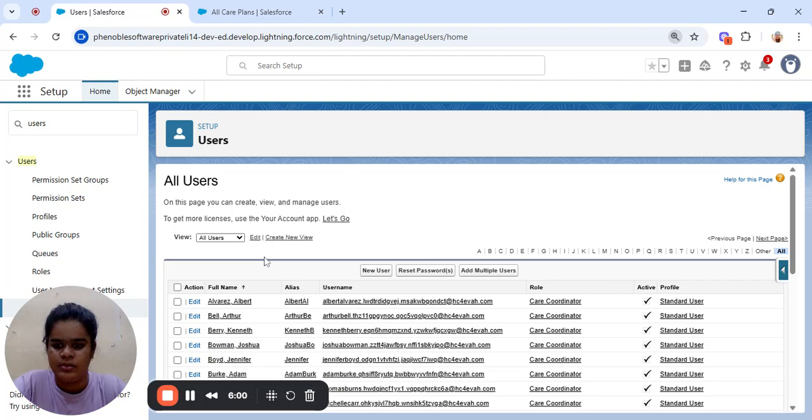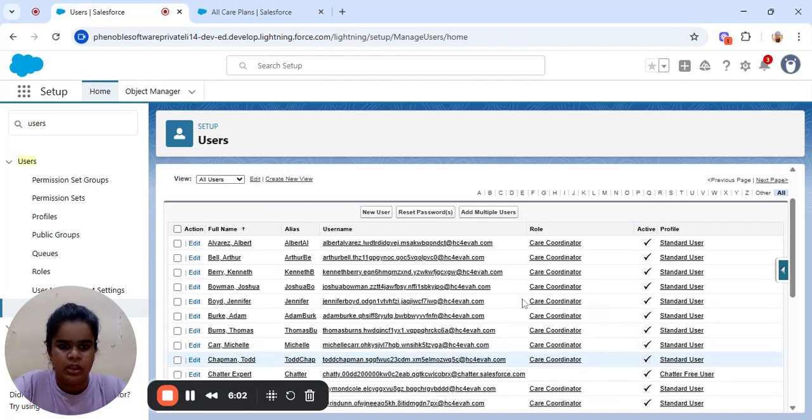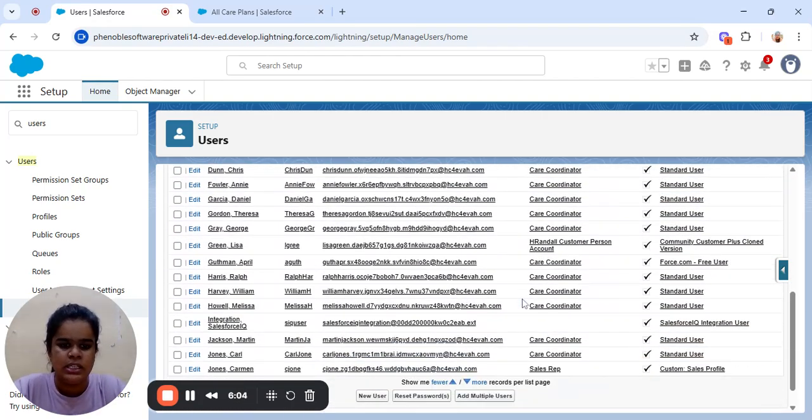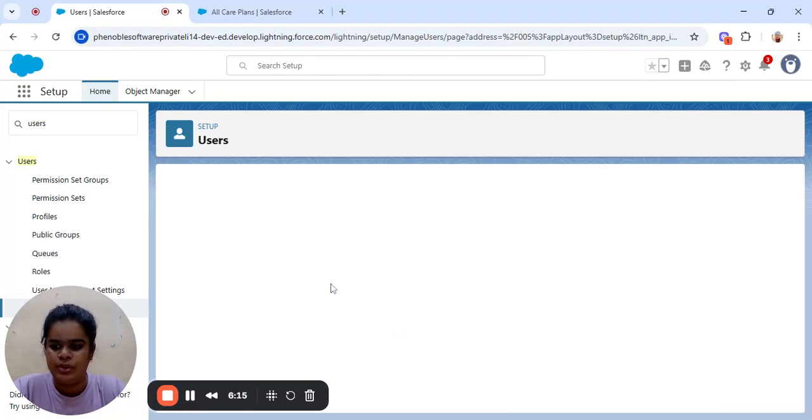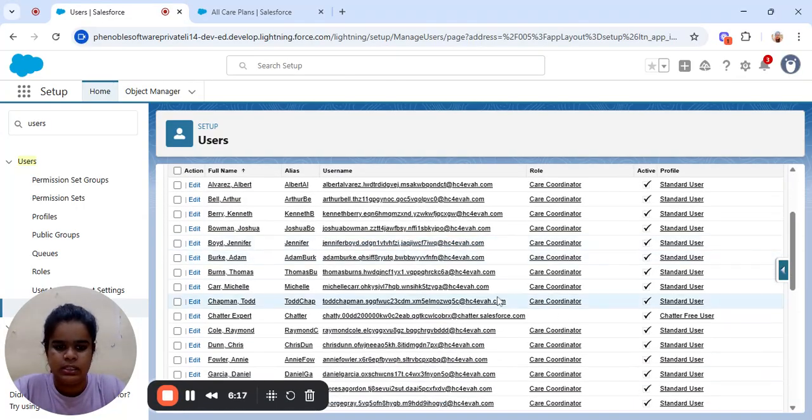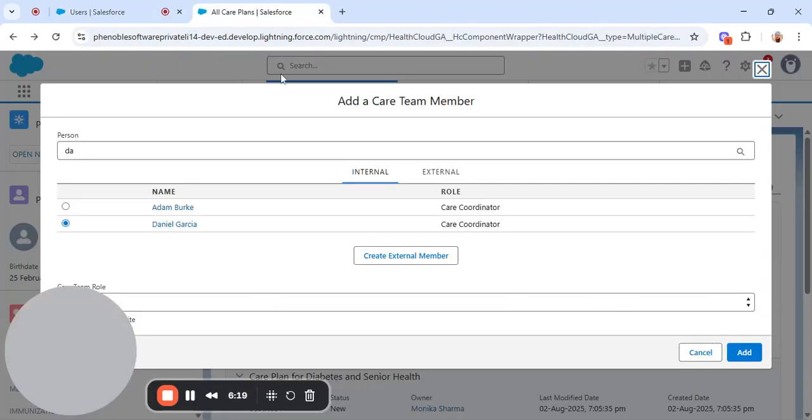Under User, you can see all of the members here, like sales rep, care coordinator, HR, and all customer person accounts. If you have more, you can see all the users in this list. Based on the user's permission, you will see the users here. So this is the way you can add a care team member here.